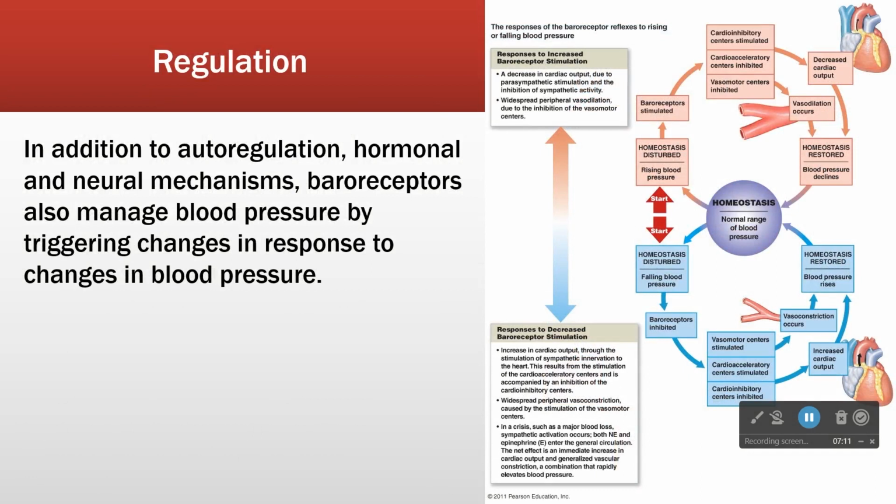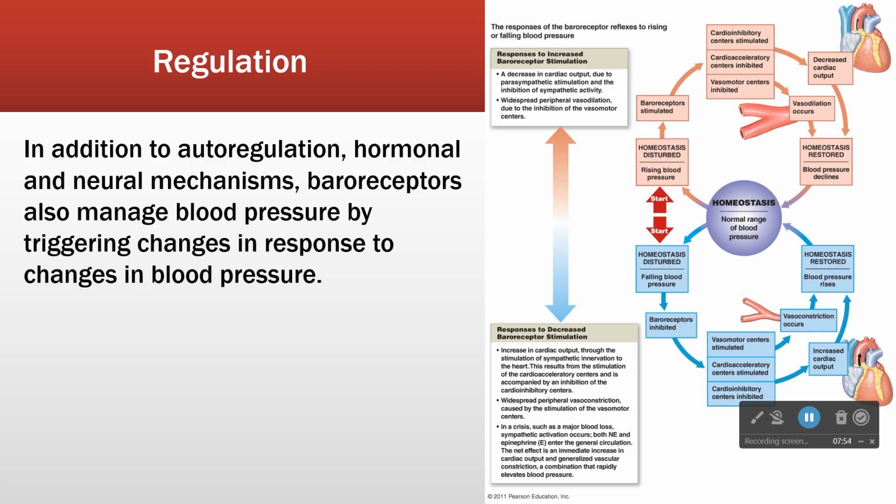So here we are in homeostasis. Let's do the up side first, okay? So something happens, our blood pressure goes up. That could be stress. It could be the addition of plasma volume. It could be lots of things, right? Blood pressure increases, baroreceptors detect that, right? They increase their firing rate. That is detected by the brainstem, right? And so the baroreceptors detect blood pressure too high. Body responds by stimulating the inhibitory center. So in other words, turn down the heart, turn down heart rate, turn down contractility.